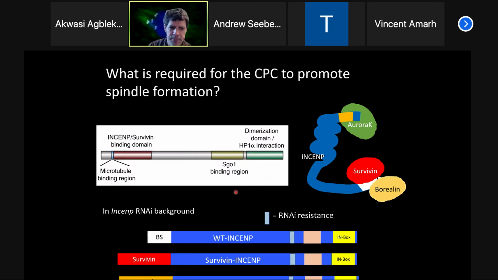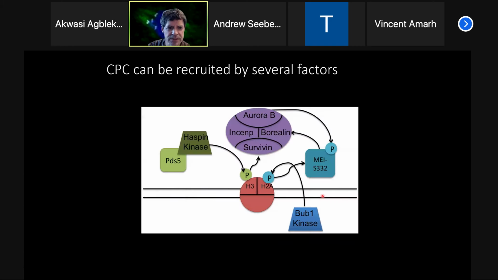So we looked carefully at borealin, and one of the things that other researchers have known is that borealin has an HP1 binding site. So we got very excited about this because I just showed you that the CPC co-localizes with HP1 on the chromosomes. So we came up with a hypothesis that borealin brings the whole CPC to HP1 on the chromosomes. Now to test this,